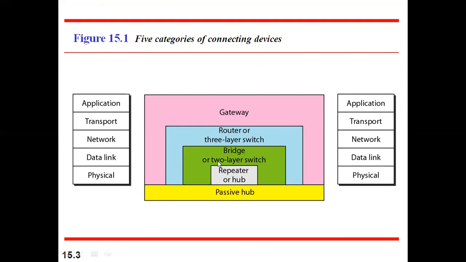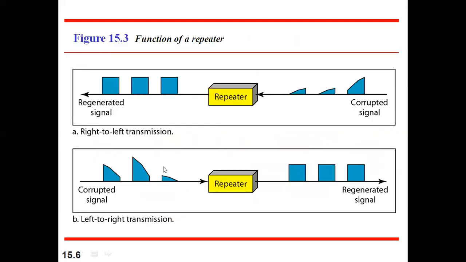Now, a bridge is slightly different from the repeater. Some additional processing is done. It actually reads the MAC address, that is the physical address that is sent in the data link layer. So the MAC address of the host and the source address is read, and then it will decide where the frame has to be sent forward. So it does a little bit of processing. That is why it works in the data link layer. It uses the MAC address. So we'll see how the bridge actually functions.